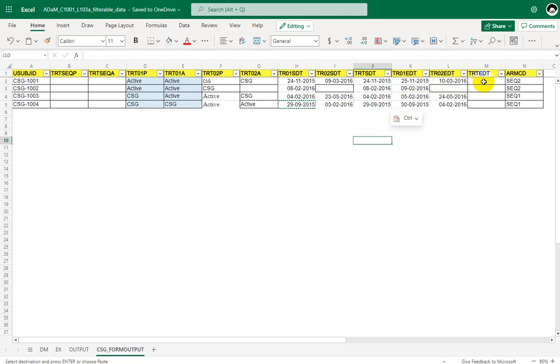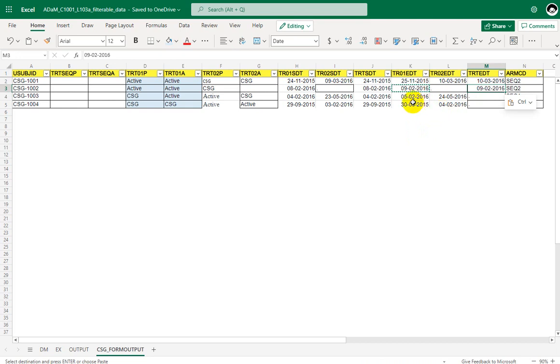So similarly for TRT EDT, we need to populate it with the maximum of these two. So 25th November 2015, 10th March 2016. So the maximum date is the one which is coming from 2016. So as there is only one date here, this 9th Feb 2016 of 1002 is going to become TRT EDT